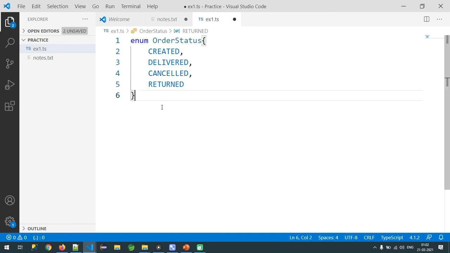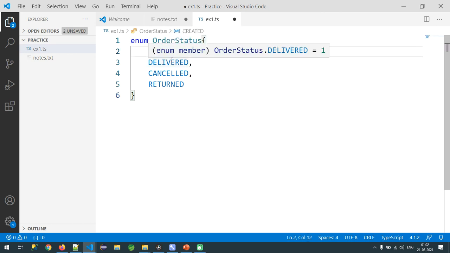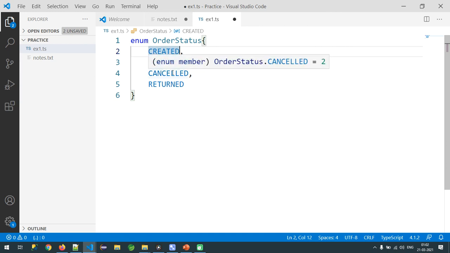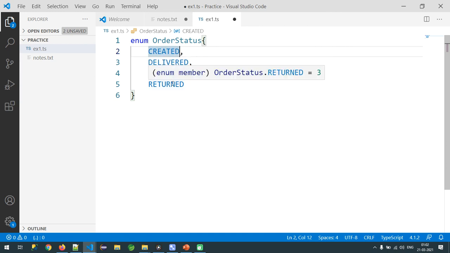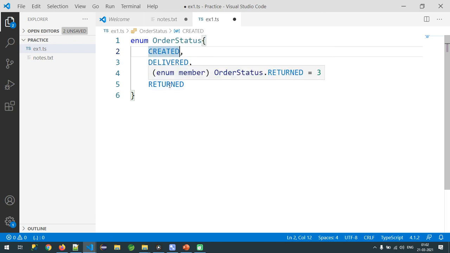So right now we can create the enum like this. By default, enum will take the created value as 0, delivered as 1, cancelled as 2, return as 3. It starts with 0 and increments by 1. Sir, I don't like this default ordering.